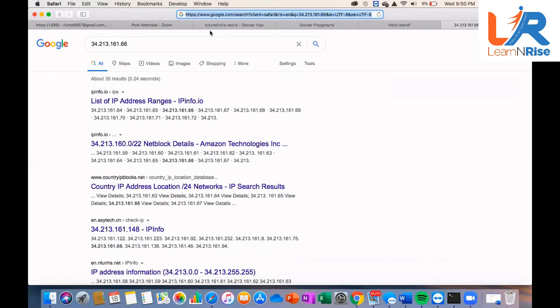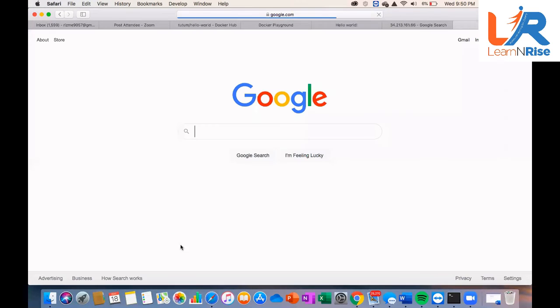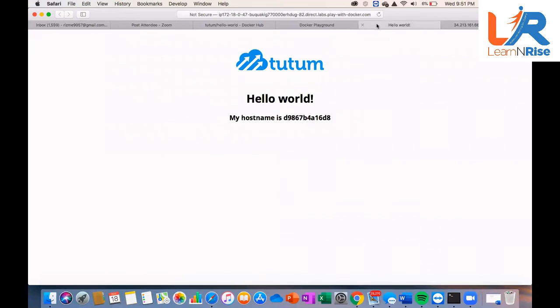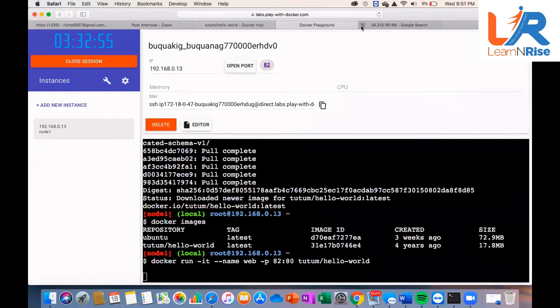Actually, you are putting it in a very wrong place. You have to open a new browser. You are actually putting it in a search box. Not here. Hold on. Let me open a new tab.